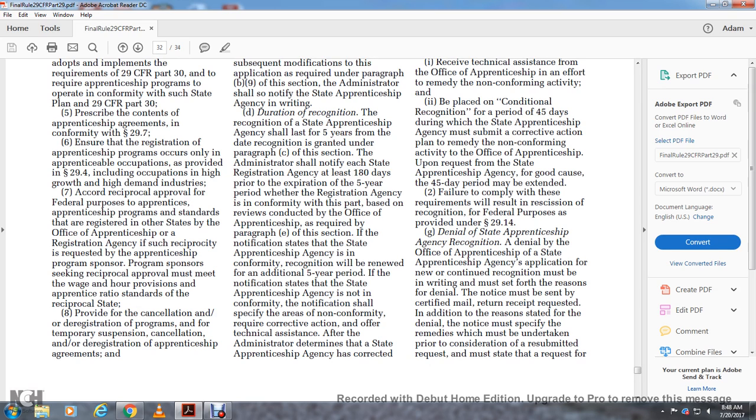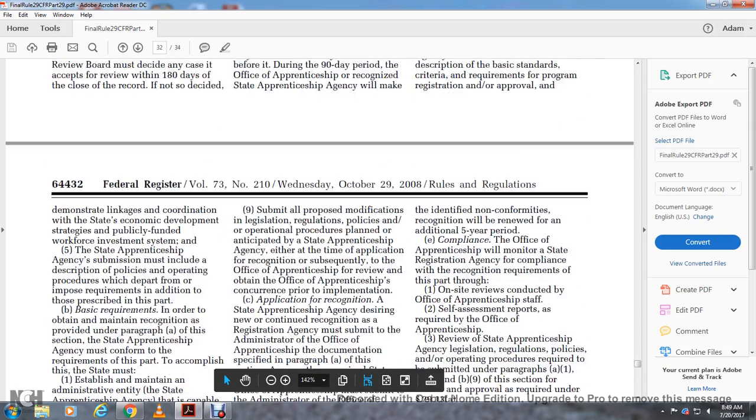5 years. If the state apprenticeship agency is not in conformity, the notification shall specify the areas of nonconformity, the requirement of corrective action, and other technical assistance. After the administrator determines that the state apprenticeship agency has corrected the identified nonconformities, recognition will be renewed for the additional 5-year period. Compliance: the Office of Apprenticeship will monitor the state registration agency for compliance with the recognition requirements of the part